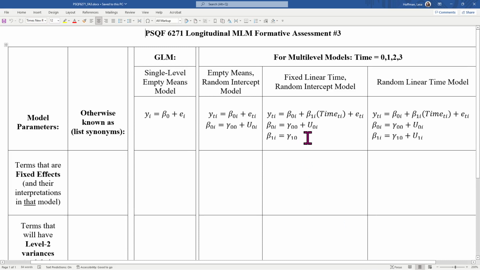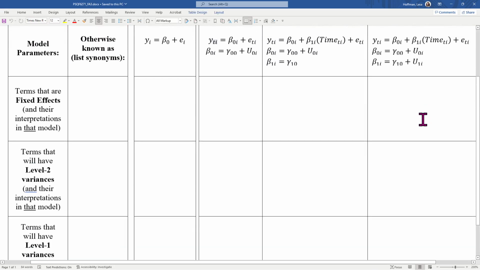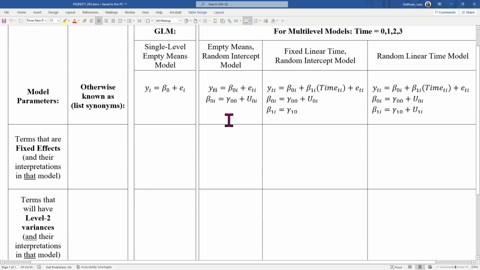So what I'm looking for is for you to break down these equations and figure out which terms represent what and how what they mean changes as a function of progressing across models. So just as an example, if I were to look at a single level empty means model here, so for cross-sectional data, the idea that each person has one y and one e, which terms in this model equation are